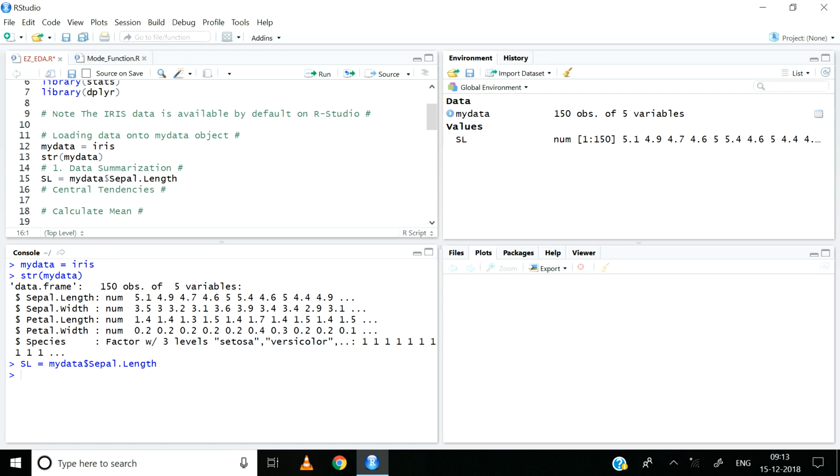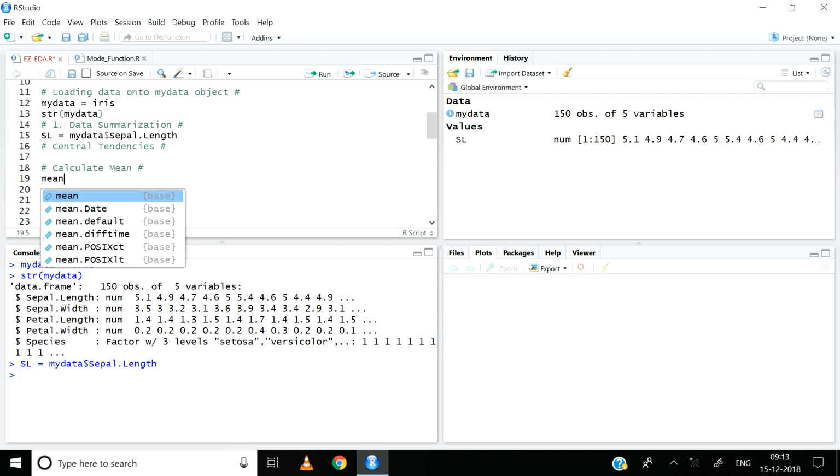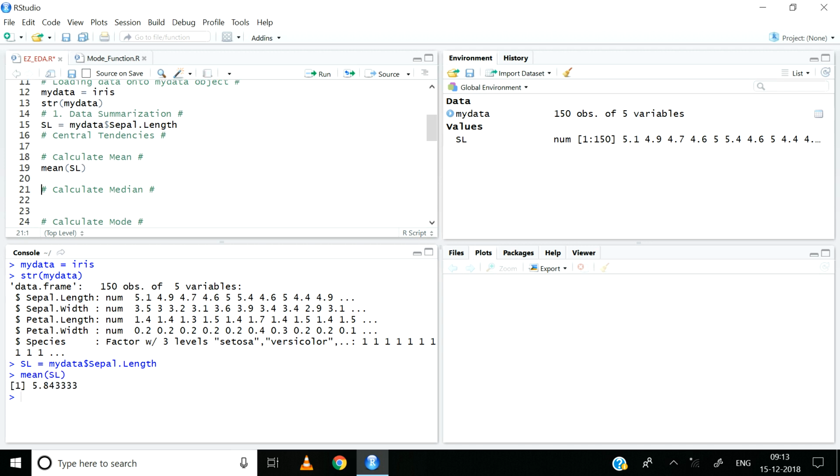Now let us start calculating the various measures of central tendencies. The first measure is mean. So I will calculate the mean of the sepal length by simply using the mean function. It is as simple as that. So I'll say mean SL and then Control Enter. Well, here in the console, you can see that the mean sepal length in the iris dataset is approximately 5.8